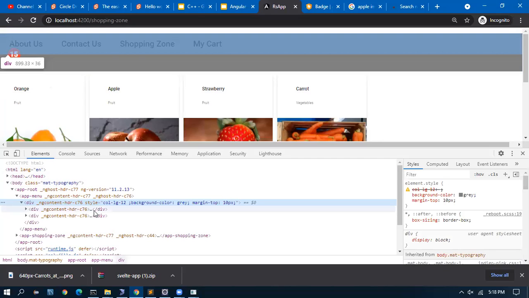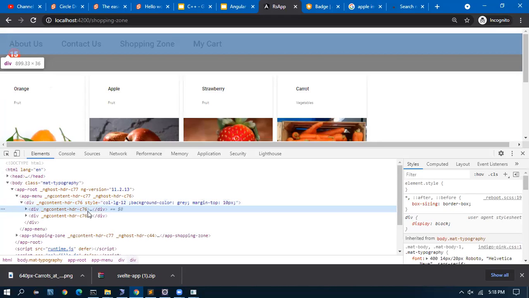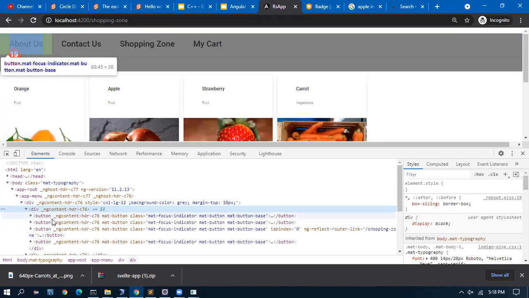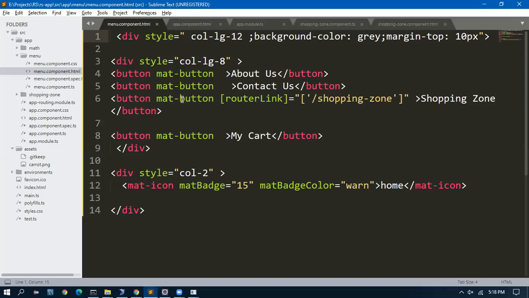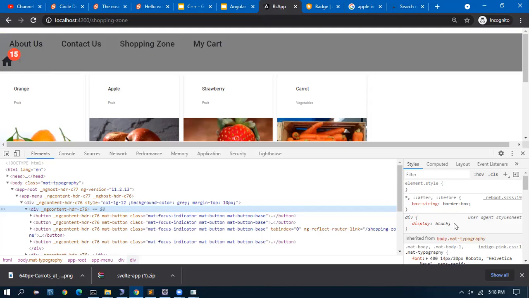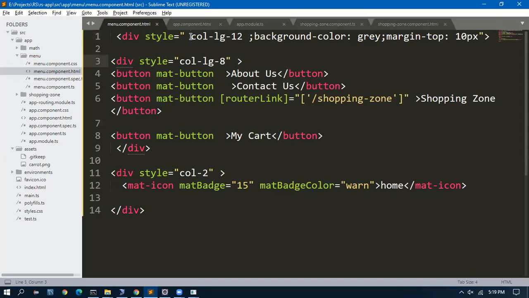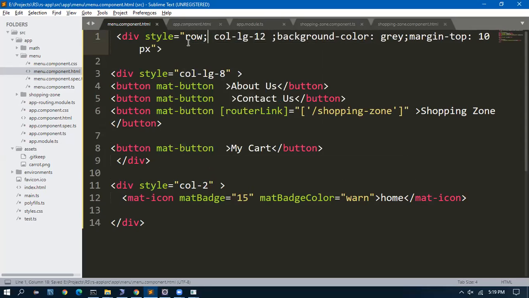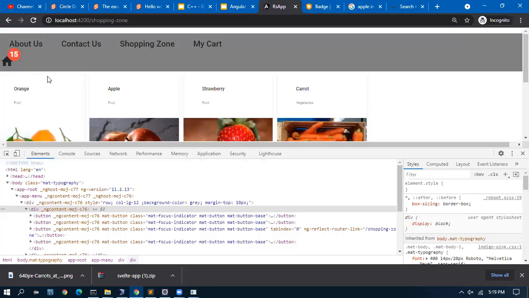This is a 12, and this is still. Okay, this alignment I will do later then.